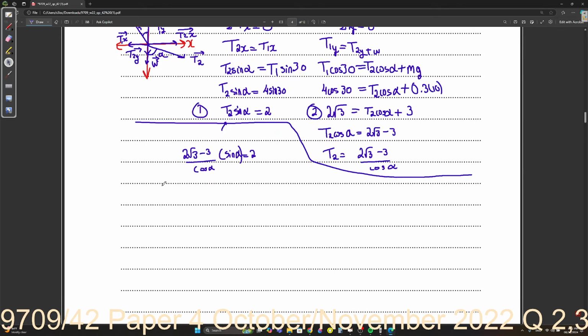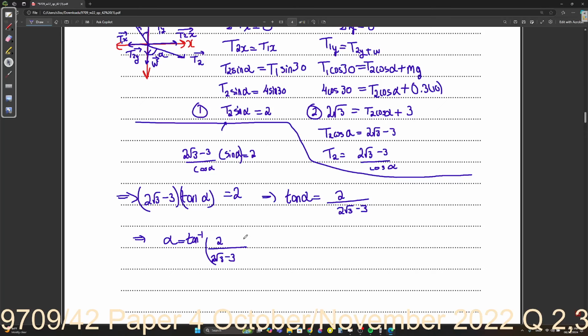Arrange your work, guys. So you're going to get that 2 root 3 minus 3 times tan alpha is equal to 2. Remember, we're multiplying. How do you solve this? You divide by 2 root 3 minus 3 on both sides. So you're going to get tan alpha is equal to 2 over 2 root 3 minus 3. So alpha is equal to inverse tan of 2 over 2 root 3 minus 3,